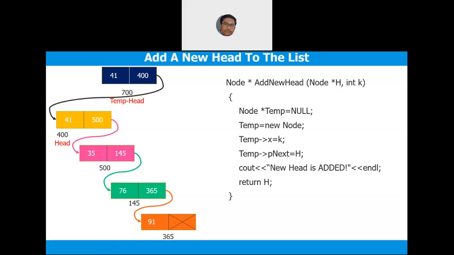Yes, sir. Now in a linked list, what needs to be done? You give birth to a new temp node in between 35 and 76. Change this 145 to that new node, and that new node's data is your 50, and your new node's pointer next is 145. That's it. Break this link. Okay, addition and deletion will be extremely simple. So therefore, nonlinear data structure coding is always more efficient for data processing.